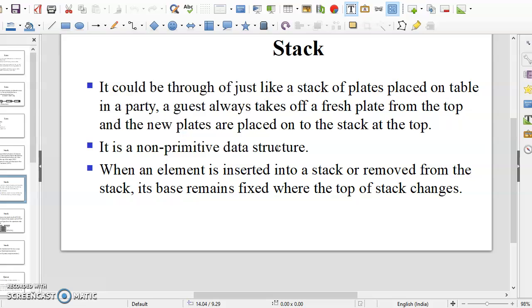When an element is inserted into or removed from the stack, its base remains fixed while the top changes, so the value of top is always either incremented or decremented. When an element is inserted, top is incremented. If an element is removed or deleted, then top is decremented.